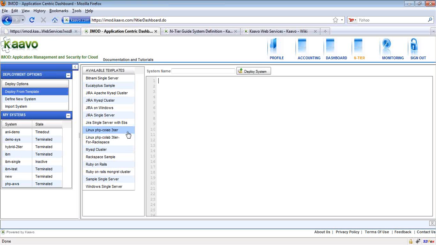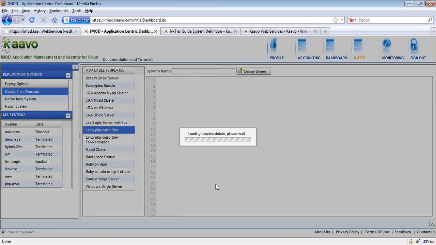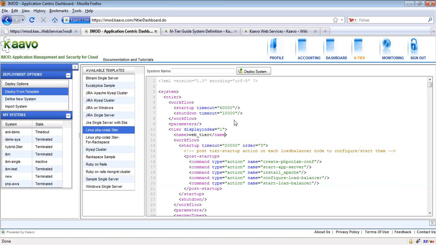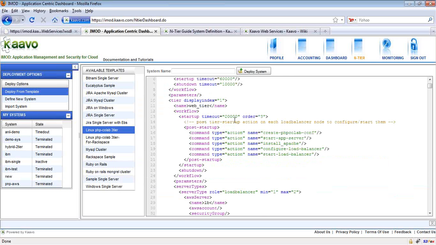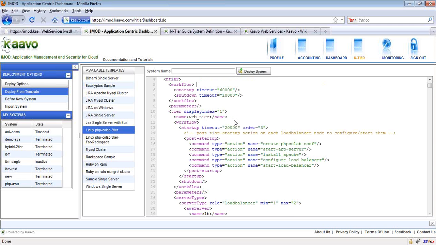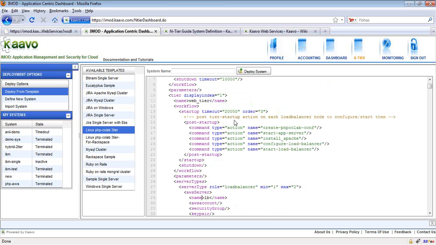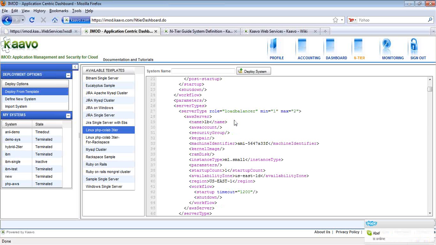For example, there is a system template for a PHP Colab application in Linux, and it is for the EC2 cloud. You can see it is XML, and this XML specifies the structural information, like how many tiers are there in this application. In this case, it is 3, because it's a 3-tier application. And in each tier, you can have different types of servers, and that is also